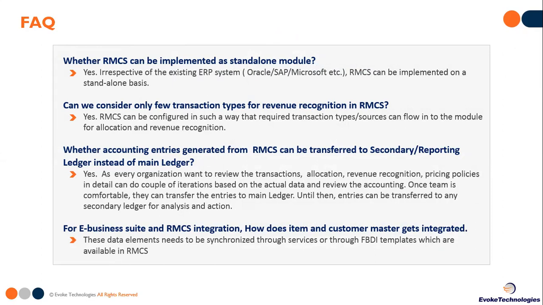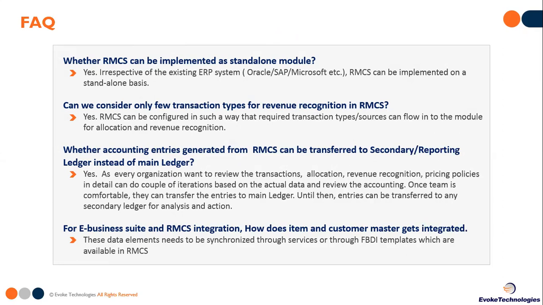The next is, can we consider only a few transaction types for revenue recognition in RMCS? Yes, the system provides the configurations in such a way that we can consider only a few transaction types or sources for the revenue recognition. The next is whether accounting entries generated from RMCS can be transferred to a secondary ledger or reporting ledger instead of the main ledger. Yes, this can be done,